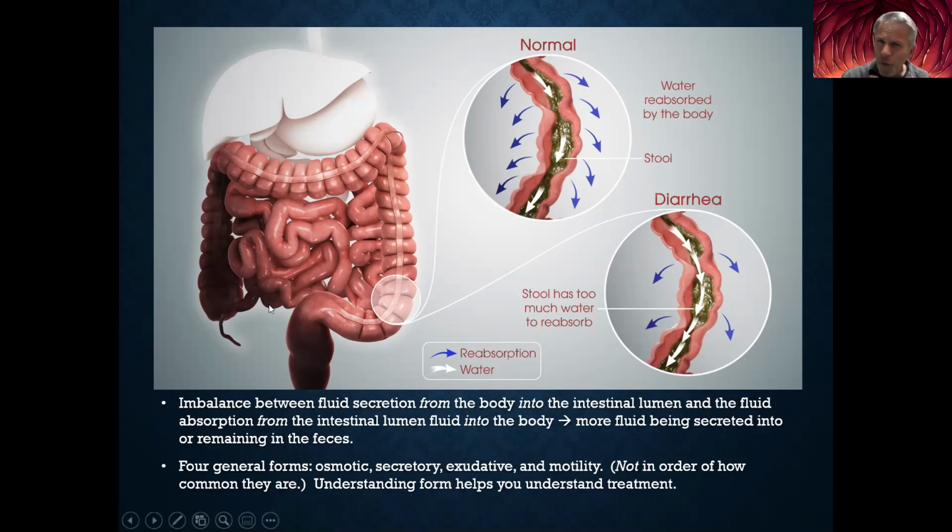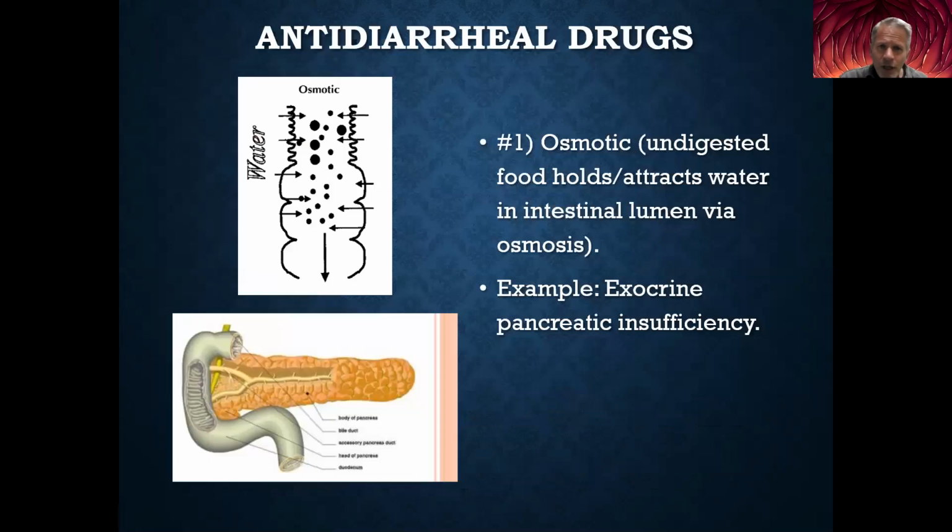And there are four forms of diarrhea, and I think I can do a pretty good job of explaining them. They're called osmotic, secretory, exudative, and motility. That is not in the order of how common they are. The most common is probably motility. But if you understand them, it helps you understand treatment. So first we'll talk about